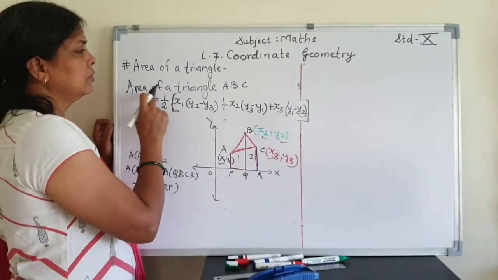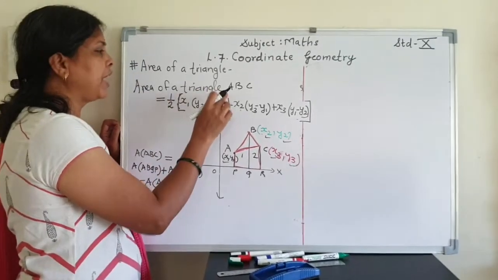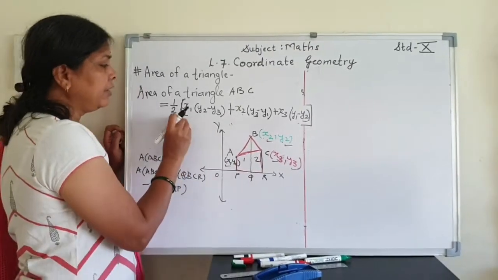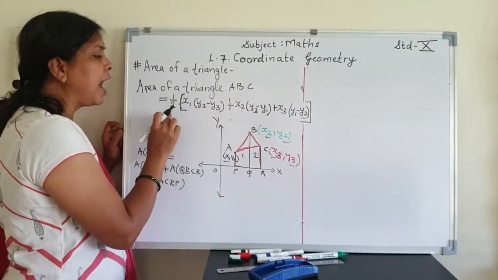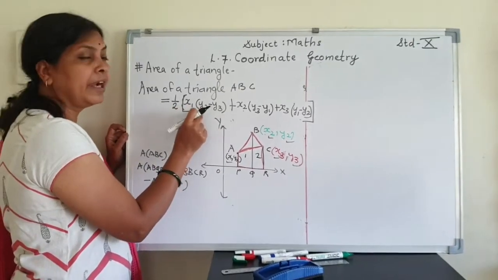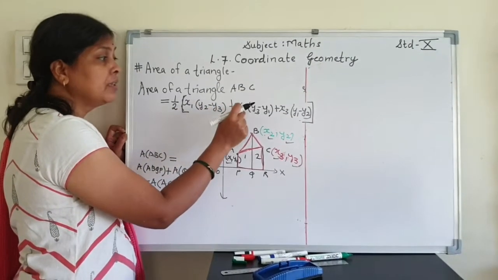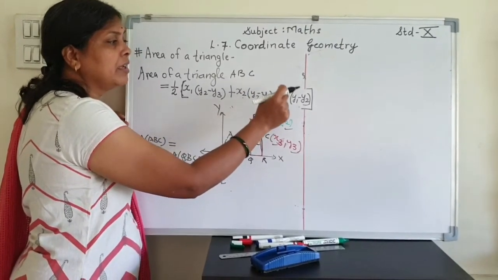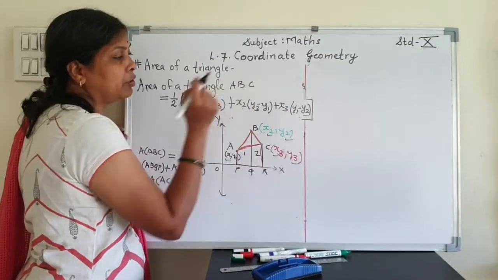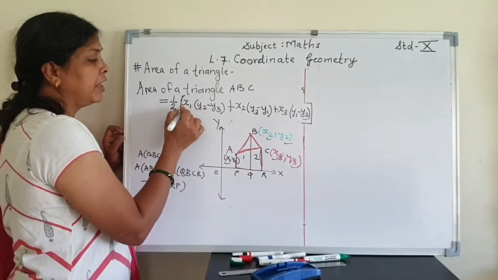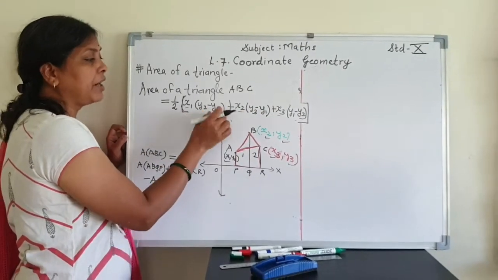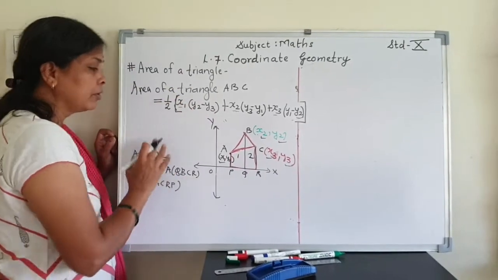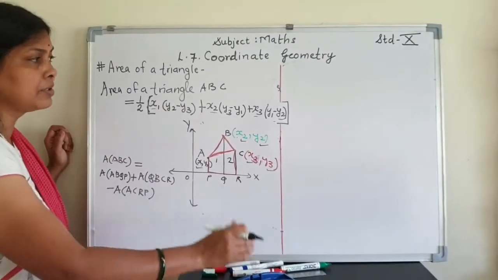So thus you can see here the area of triangle we get by taking the coordinates for the points and using this formula, that is half into x1 in bracket y2 minus y3 plus x2 in bracket y3 minus y1 plus x3 in bracket y1 minus y2, whole bracket complete. It means we are using x1, x2, x3 once only, and in bracket we are writing coordinates of y in proper order. So write this down. So we will start our sums.